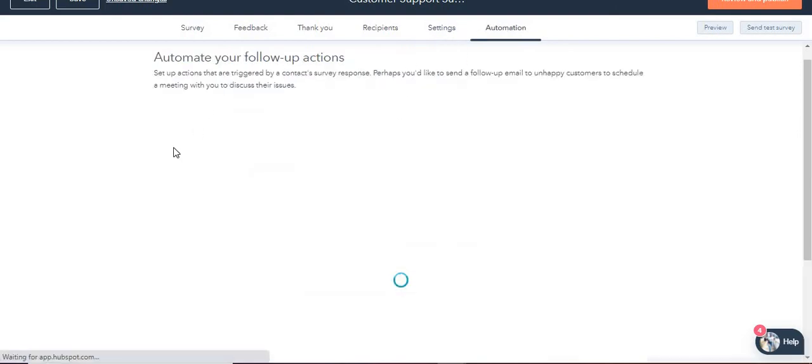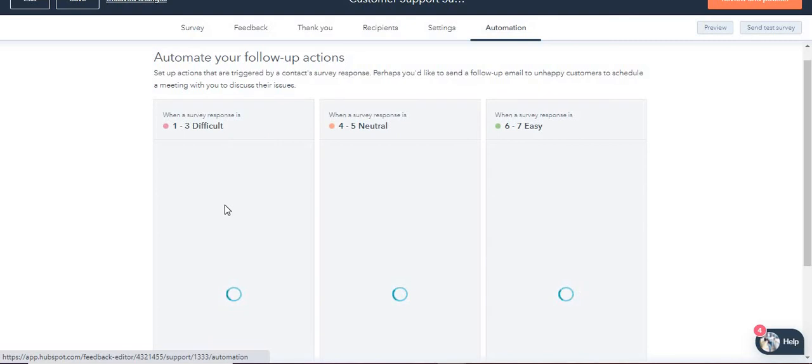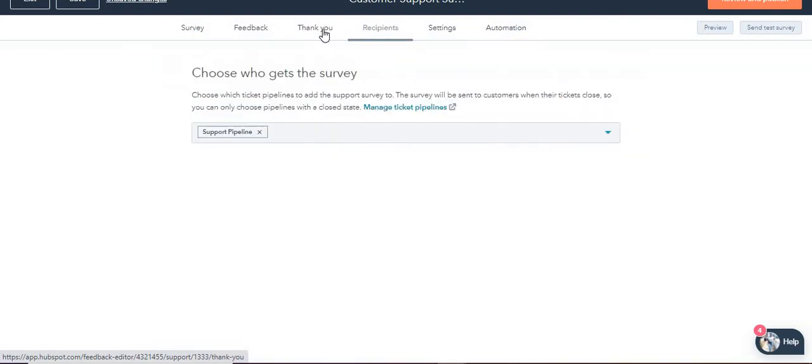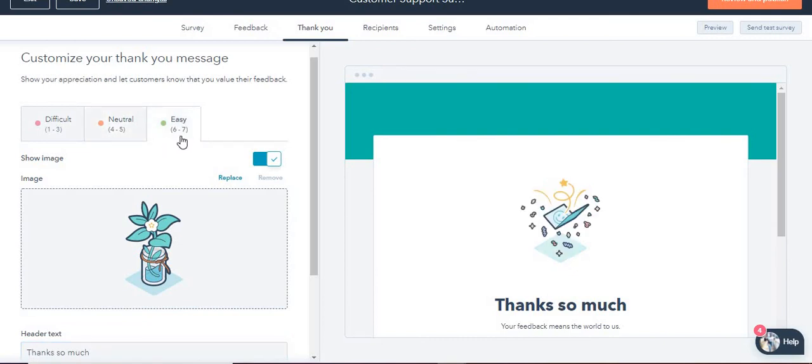And in automation, you will see the follow-up questions. You don't have to go back to workflows. So depending on the survey response, you can create a workflow. If your organization has a high average, that is indicative that your company is making the experience convenient for your customers. So for example, if it is easy, then that would mean that the customers are having a pleasant experience. An organization that is experiencing poor customer satisfaction can use the CES surveys to evaluate problem areas in the company. So after discovering the issues, you can begin remedying these areas to decrease customer effort.